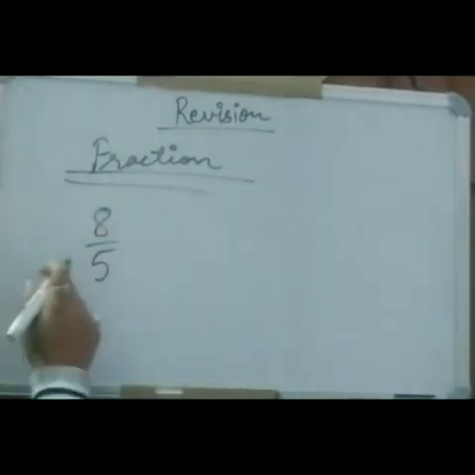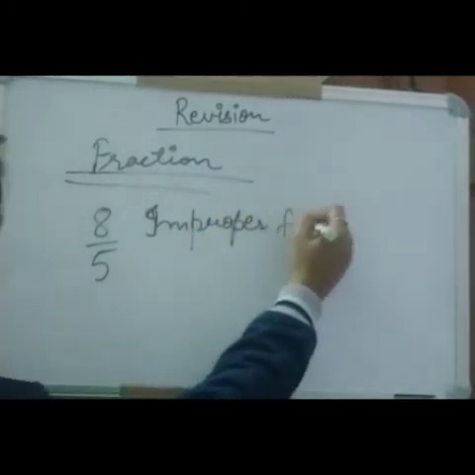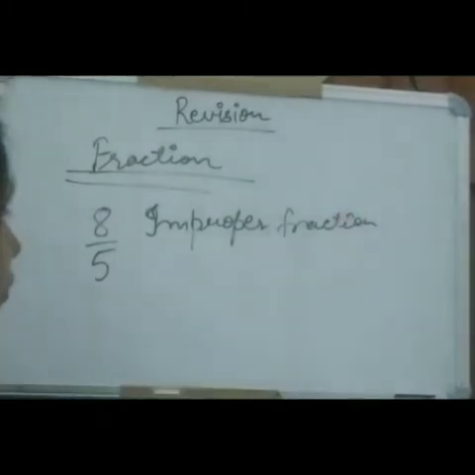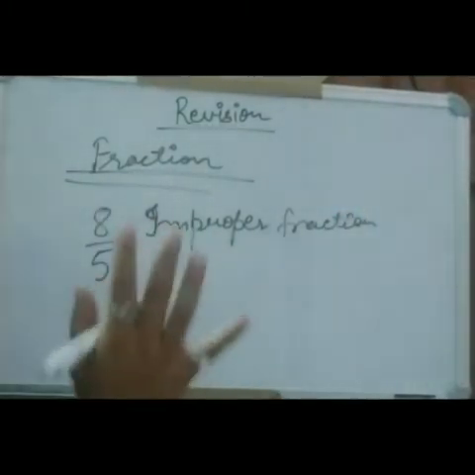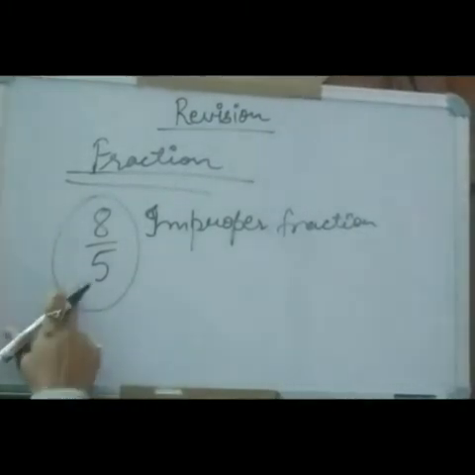Now you can see I have 8 upon 5. Okay. This is improper fraction. Always improper fraction can be convertible into the mixed fraction. Whenever you are having improper fraction, only that improper fraction you can convert into mixed fraction. Proper fraction, no, we cannot convert it into mixed fraction. Suppose we have 1 by 2. This one cannot be convertible into mixed fraction. So this one we can convert into mixed fraction.